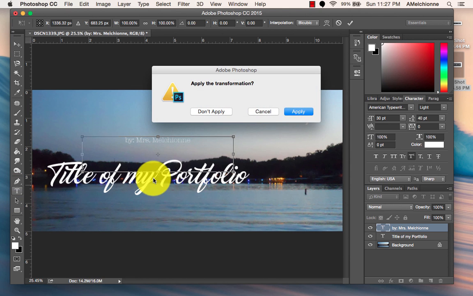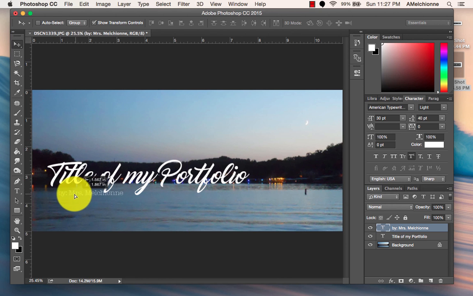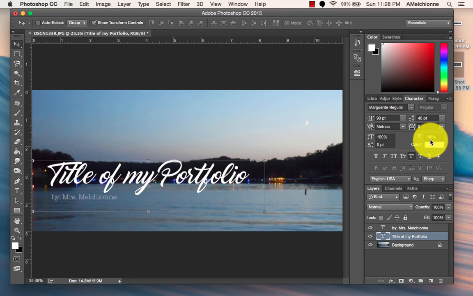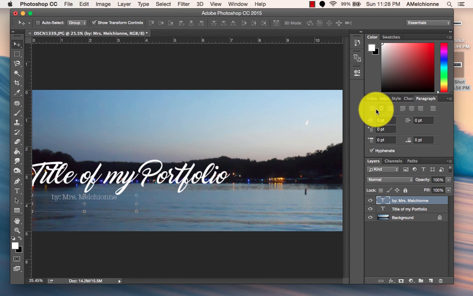Make sure you're in the text tool, and you can change the size of your text box if something's not showing up in there. So I'm going to click on my move tool, and maybe I'll put my name down here. And then as you see, as I'm moving around these text boxes, you get these pink lines that show up that sort of tell you what they're aligned to. Okay, so if you click on the title of my portfolio right now, if you click on that paragraph, it's centered. Maybe if you're going to have it on the left-hand side, click on left align. I'm going to do the same thing for my name. And then that way,